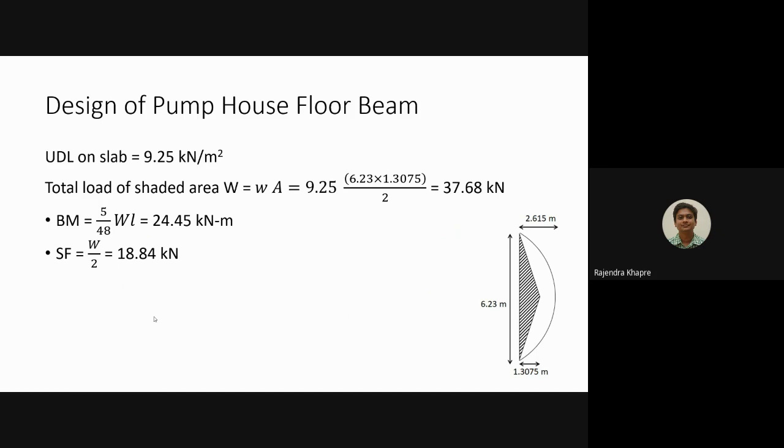Okay, so the length of the vertical portion is 6.3 meters, sorry, 6.23 meters, which is shown over here. And this diameter, okay, from here to here, this distance is nothing but 2.615. So what I am doing is I am taking the average of this. So average of this, it comes somewhere over here, and the value is